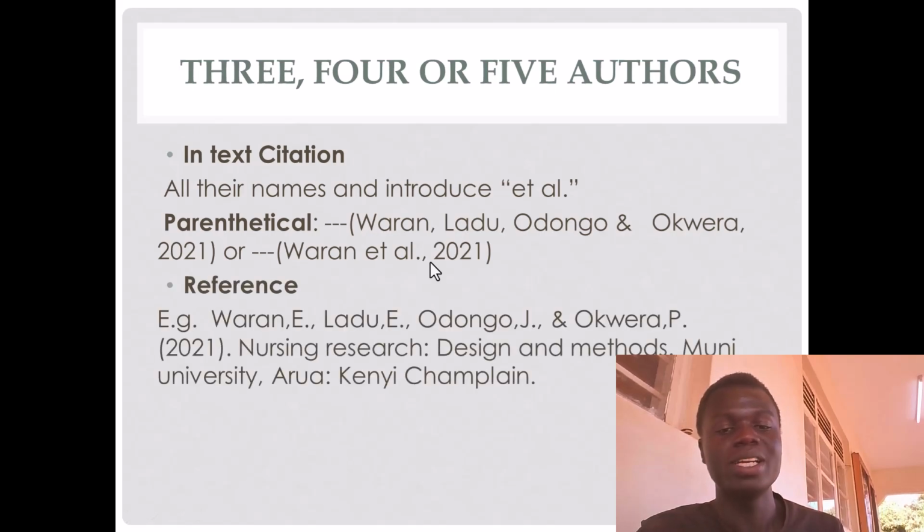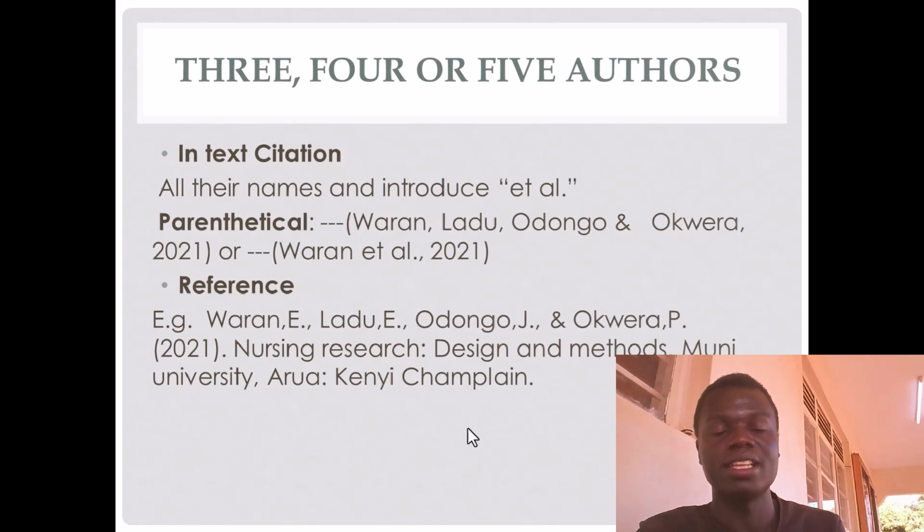When creating a reference list, you have to of course include all the authors. You put the author's last name and the initials of their first names. The last author is separated by this ampersand sign. Then you include the journal, you can include the institution, and you can as well include the edition. Okay, this will take us now to